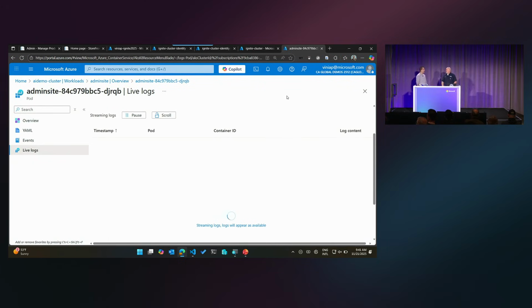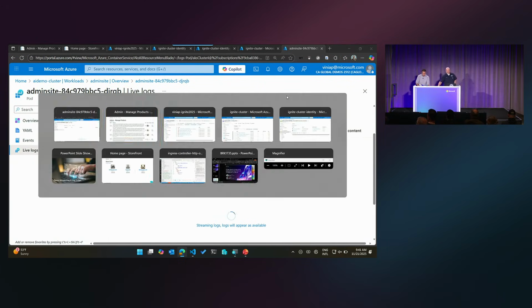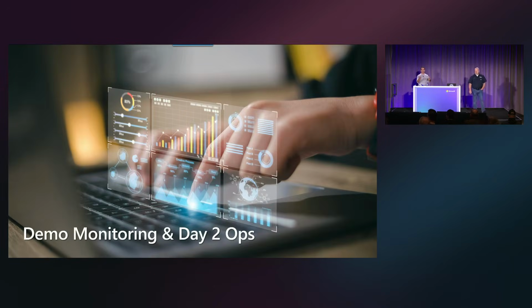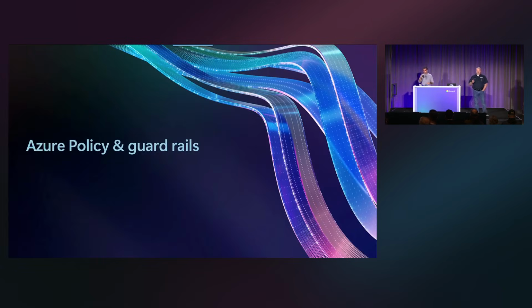Back to the deck. Anyway, so you're instrumenting your code. So what happens inside of your app goes to the Prometheus database. So partner with your dev. That's the main thing. So we've talked about monitoring and day two ops. I want to prevent any of that stuff from actually going badly before it even gets there.